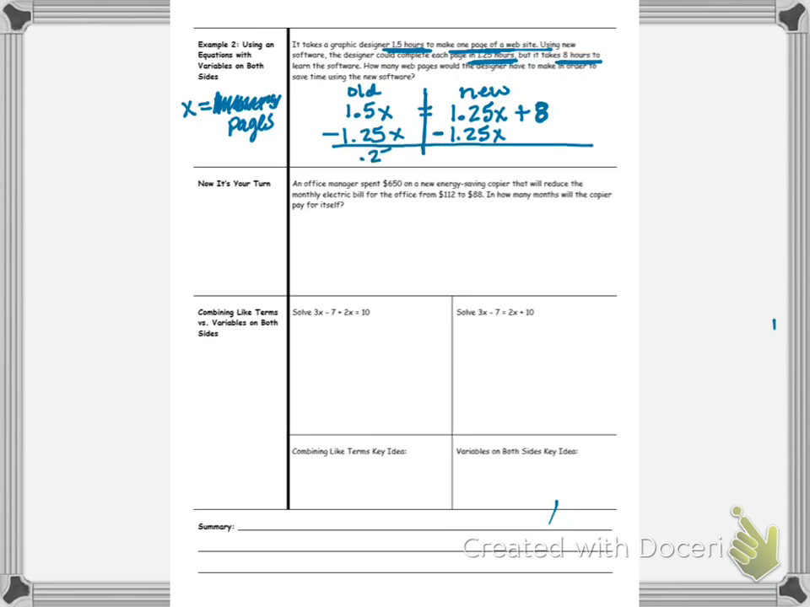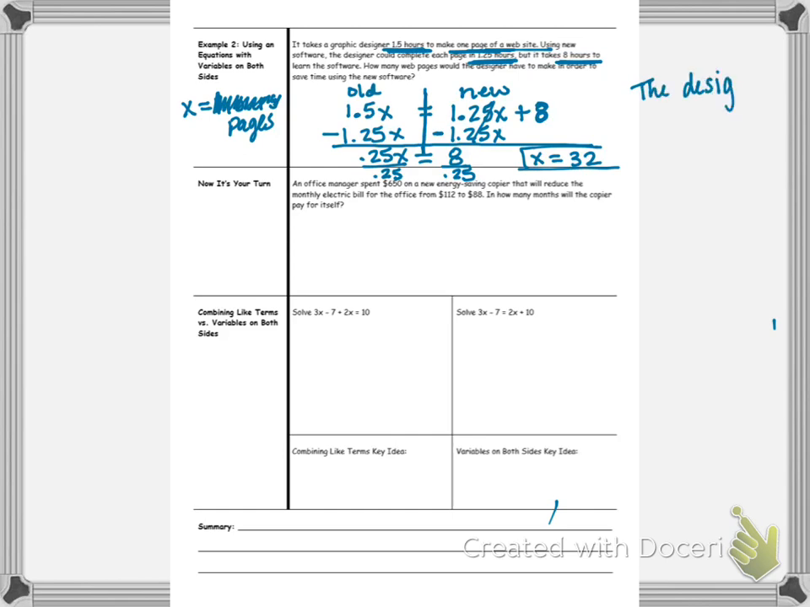This comes to 0.25x. That's 8. And I divide by 0.25. And x equals 32 when I do that. Now think about this. This means